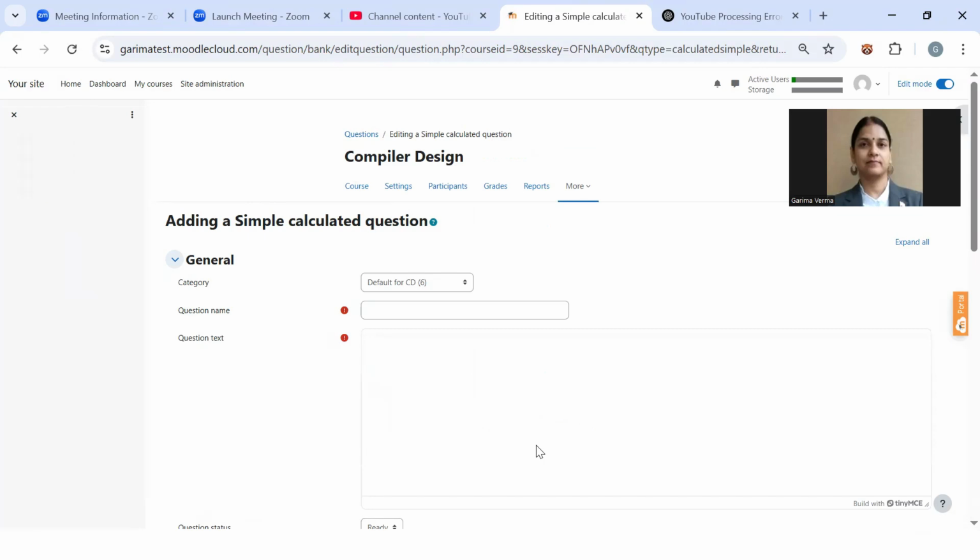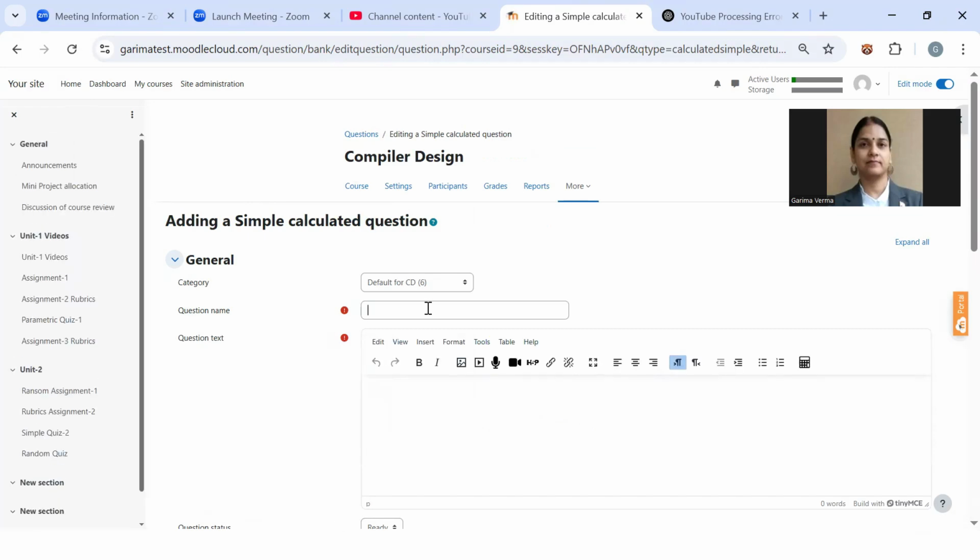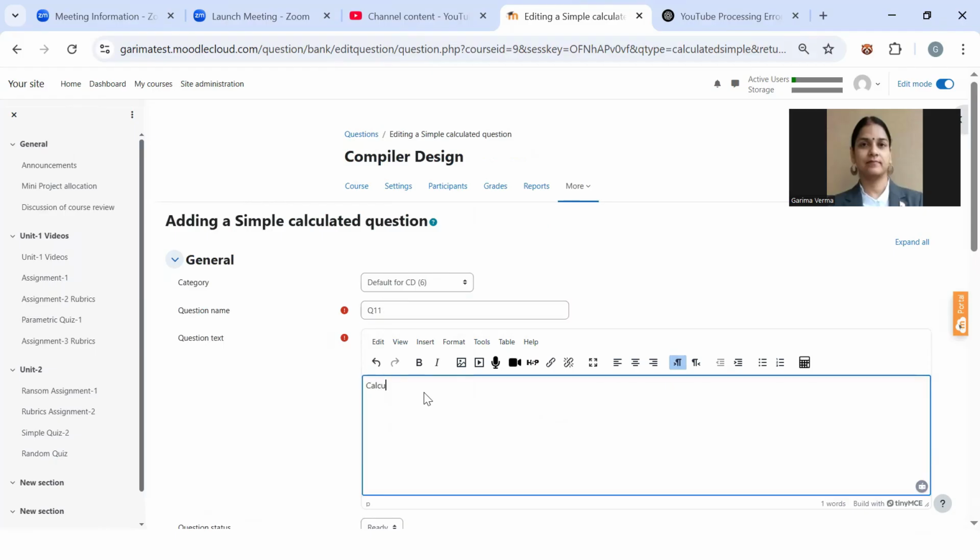Now give the question number, question 11, and now give the text. Calculate area of rectangle where length is equal to, now convert the value of length in the form of a parameter.